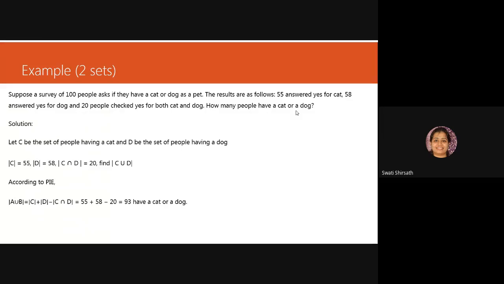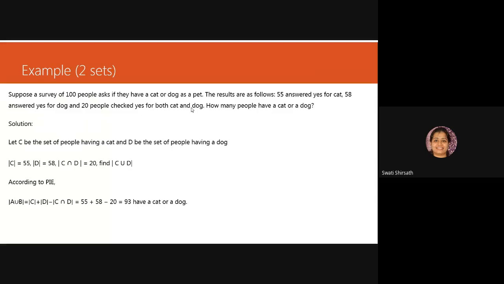Now, from the given example, it is very important to identify the cardinality of correct sets. Correct sets in the sense you have to read it properly. Now here cat and dog is given, it means it is intersection. Here cat or dog is asked, it means it is union. So if you find this every time, it won't be given that simple and straightforward. It may be twisted, and you have to find the actual meaning, whether the combination of both is given or any one of them is asked.